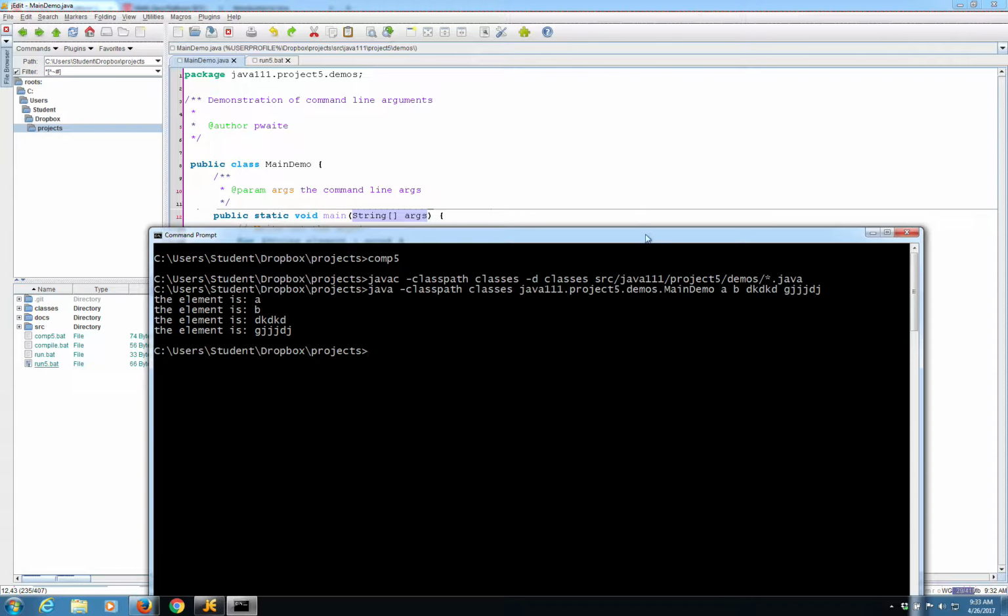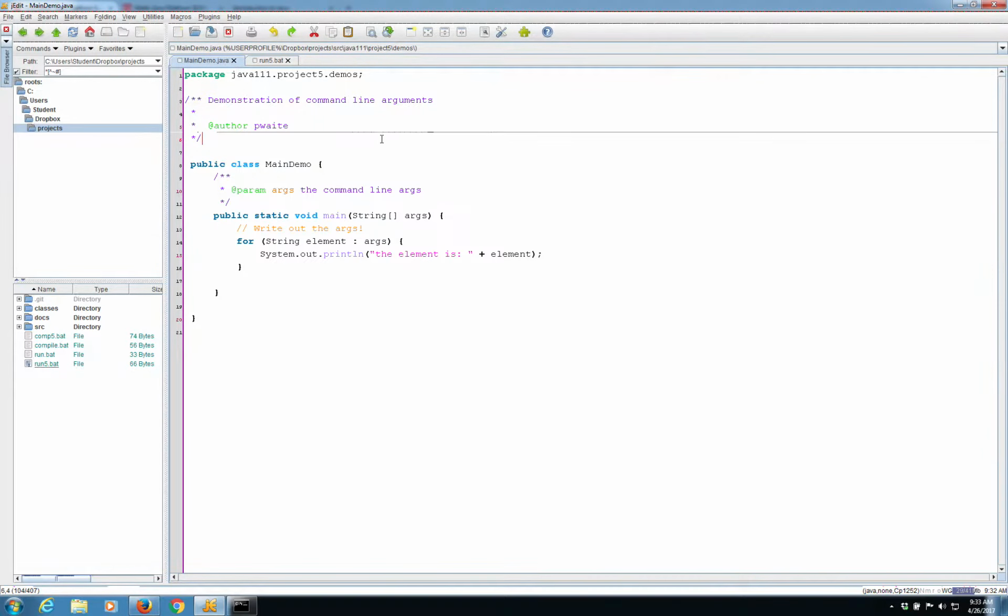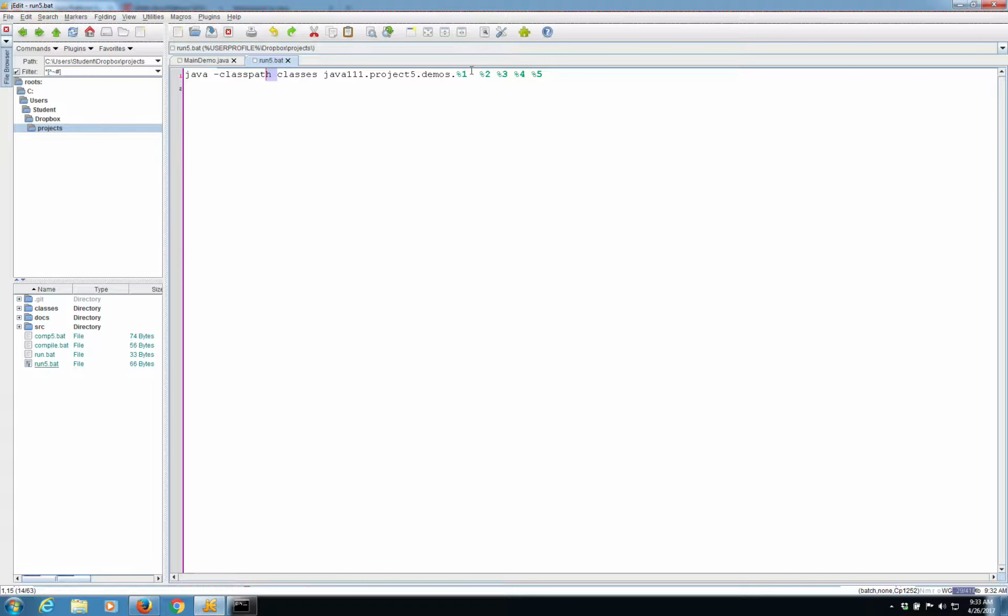The reason I did that is that with the scripts we're using, the run.bat, the script I had looked like this when I started. This means take whatever is at the command line, that very first thing, and pass it through and replace this %1. So if I'm using a script, I need to tell the script to allow whatever else I type at the command line after the name of the class that I'm running.